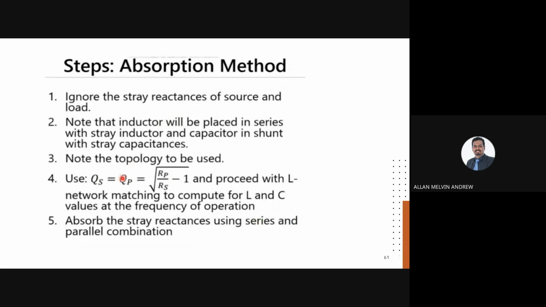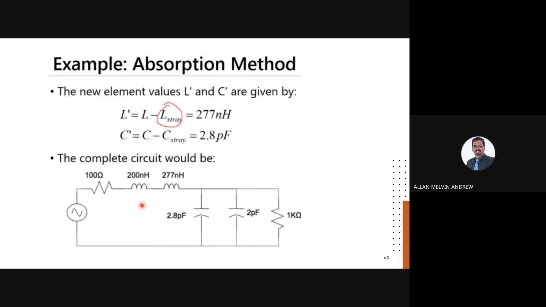Okay, note the topology to be used. The topology is based on the four quadrants I showed you earlier. So you determine which topology, then you calculate the Q, the quality factor. Okay, and absorb the stray reactance with series and parallel combination. So after you solve this, you can combine this together, and you can combine this together, in order to form